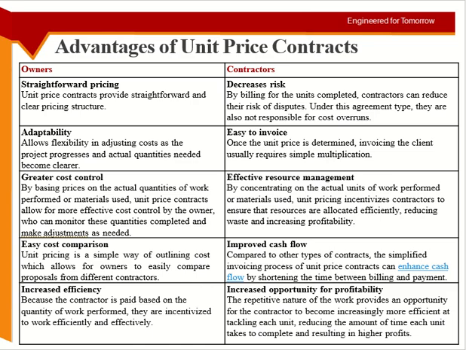So in this case, the client can easily compare the cost for each item. Okay, this item was this much, it cost me actually this much, and so on and so forth. So the cost comparison becomes easy. Improved cash flow. Cash flow was the thing I was talking about. Cash flow is like you are spending and then you are getting, right? You are spending first. Normally, the contractor is spending from his pocket more than what he is getting. So in the lump sum contract, there is a bigger difference between them. But in this type of contract, because he is getting paid on activity basis, the difference decreases.